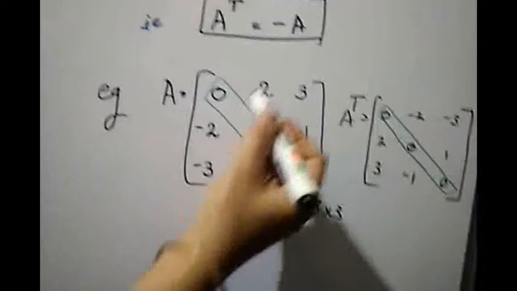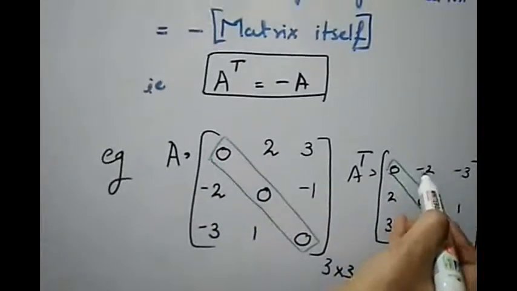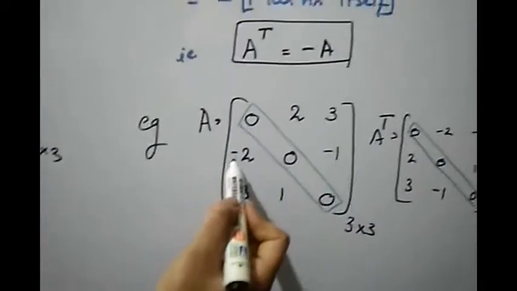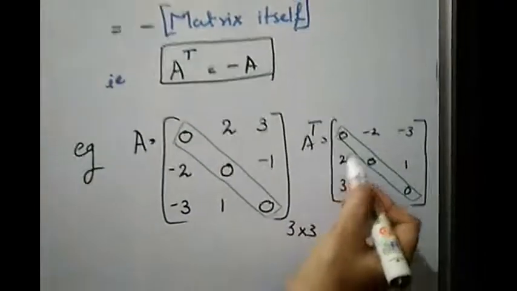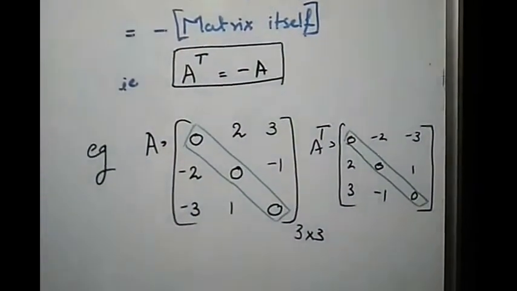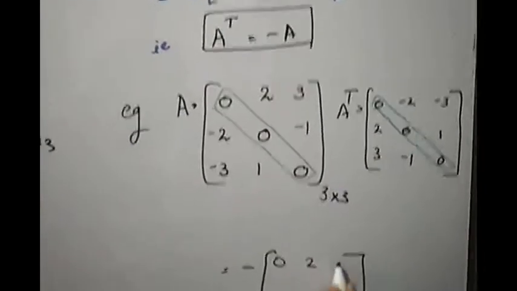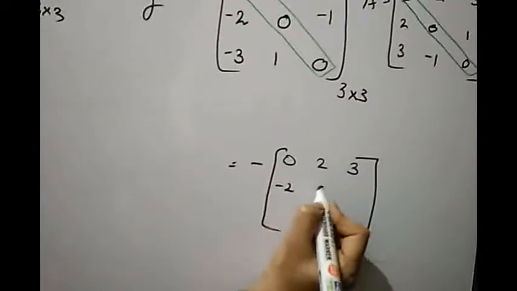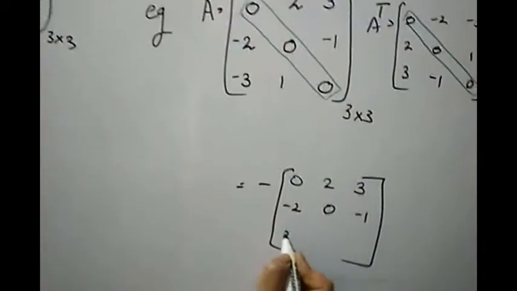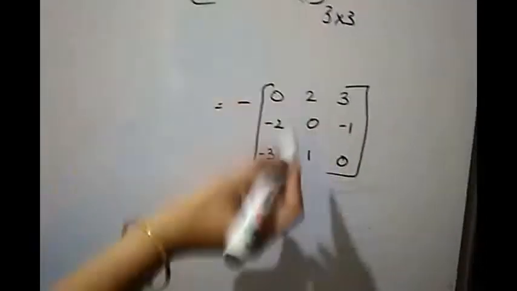When you compare these two matrices, you can see here it is +2, here it is -2. Here it is -2, here we are getting +2. That means if I take the negative sign common from the matrix, I will have the matrix as 0 2 3, -2 0 -1, -3 1 0. When you compare both, this is A transpose, it will be equal to